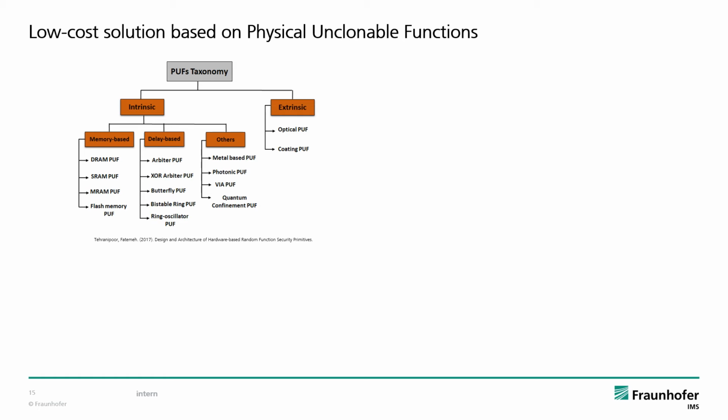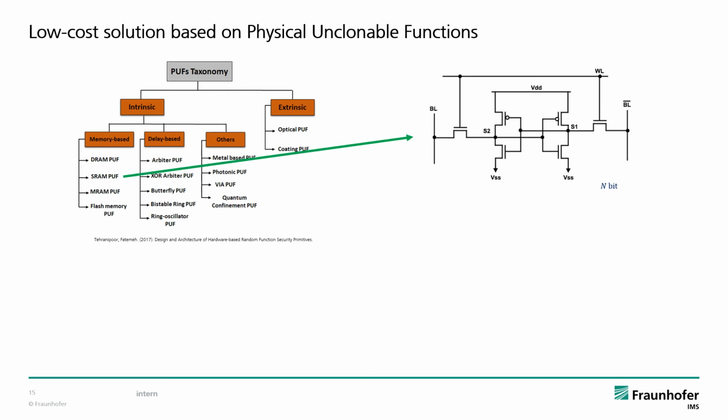One of the earliest examples is the SRAM PUF, where each cell consists of 6 transistors. When VDD is powered up, the threshold voltages of the individual transistors differ, caused by process variations, and force the cell to generate a memory value that is either 1 or 0. This value seems random, but stays stable when powering the device multiple times. With n memory cells, only n bits of output can be produced. In reality, it's even less because not all cells are stable enough. Hence, this is also called a weak PUF.